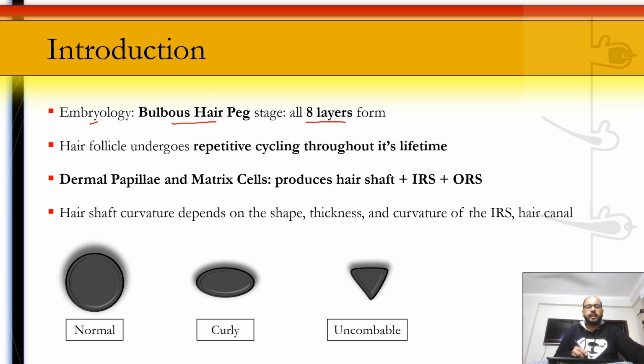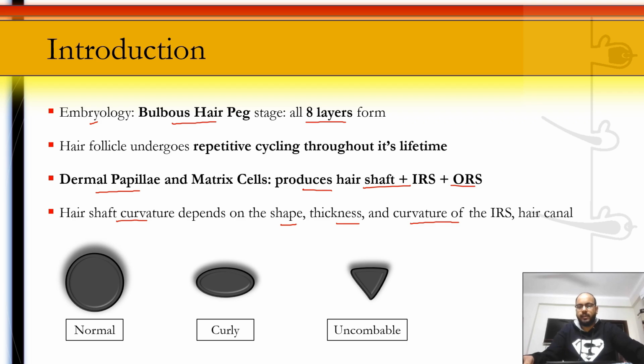Now, during the hair cycle, the dermal papilla, the mesenchymal condensation structure, starts the anagen hair cycle by stimulating the hair germ of the previous cycle to develop into the hair germ of a new cycle. This dermal papilla, along with the matricial cells, produces the hair shaft, inner root sheath and outer root sheath. So the growing hair shaft is produced by the dermal papilla along with rapidly dividing matrix cells. Clear?